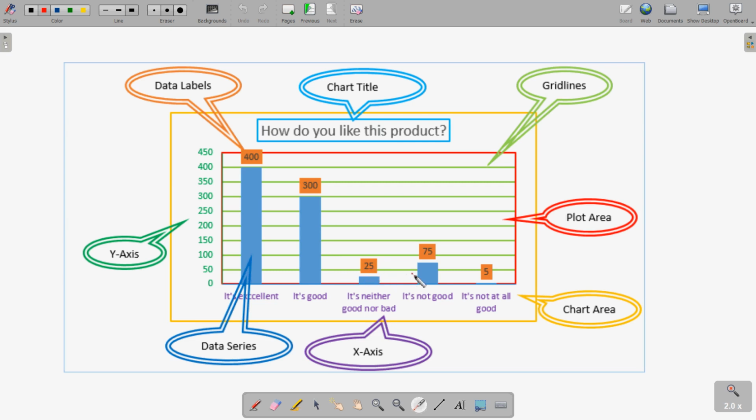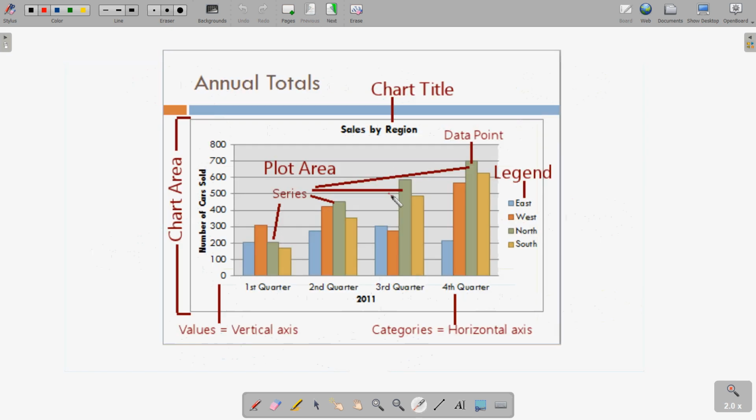Data series is the different series of data denoted in this column chart, or whatever the type of chart will be, it will denote similar terms. Then the y-axis, the vertical axis. Then data label we have just seen. In a similar picture here, you can see this is the plot area, then the legend, which was not in that one.